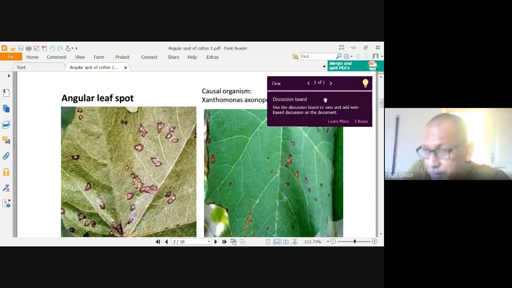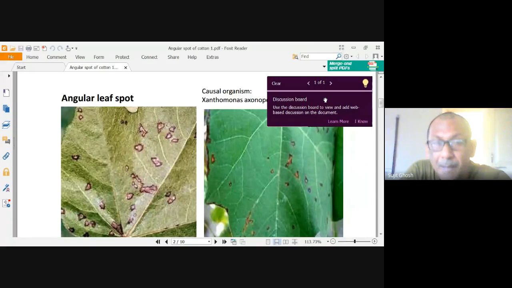And here the difference is that angular leaf spot is found in certain plants, mainly in the cotton plant, as cotton is very important for fiber. So cotton shows angular leaf spot, and the causal organism behind this is the Xanthomonas axonopodis